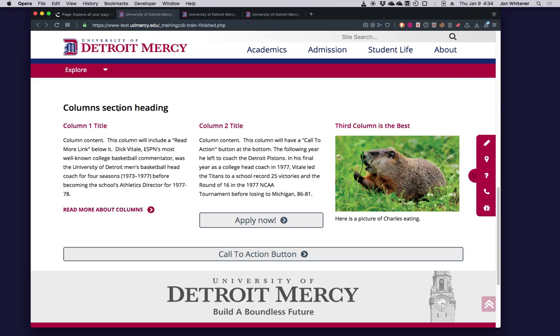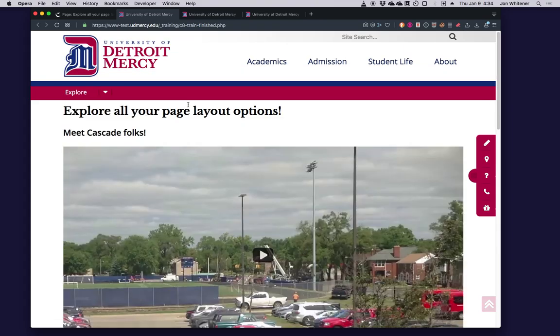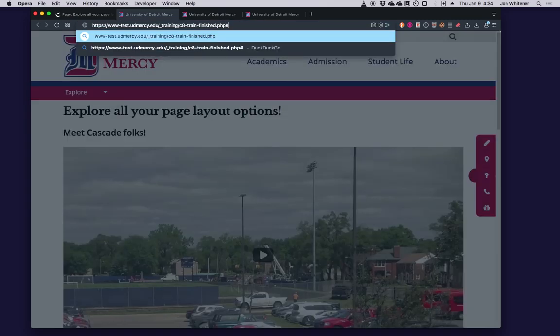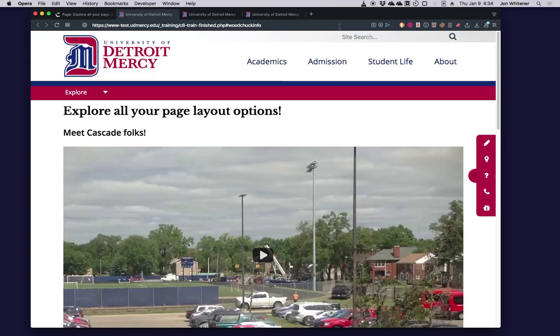Remember, we put an anchor ID, which is invisible, but it's in the code on this section here. So you'll notice, when you come to this page in the first case, it always starts at the top of the page. If I add now the pound sign and then woodchuck info, which I pasted as the anchor ID before, let's see what happens.